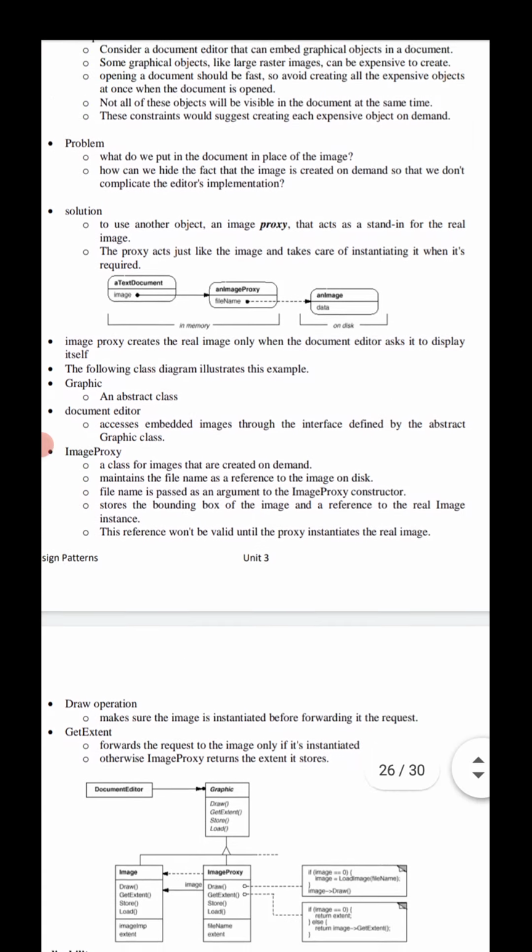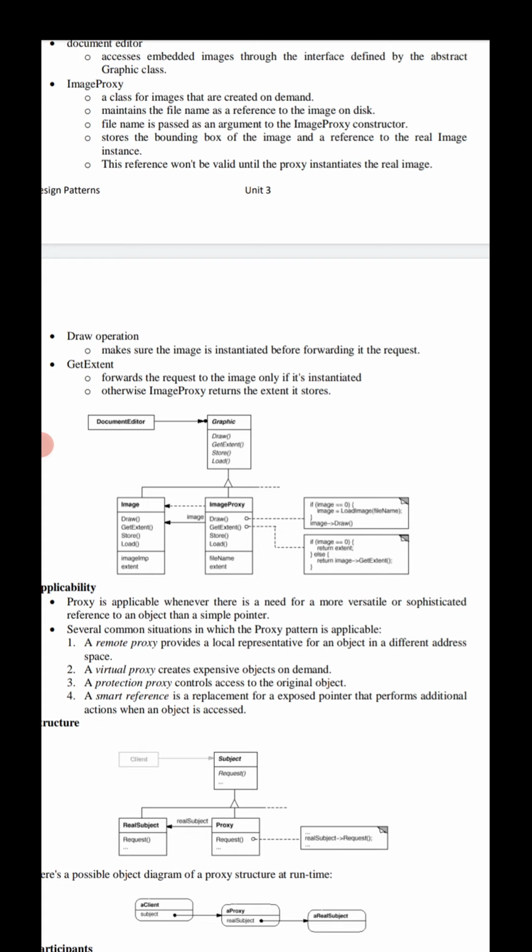Coming to the draw operation in this class diagram, it makes sure that the image is instantiated before forwarding the request. Similarly for get extent, we forward the request to the image only if it is instantiated. Otherwise the image proxy returns the stored extent. The class diagram illustrates this. Look at this diagram.